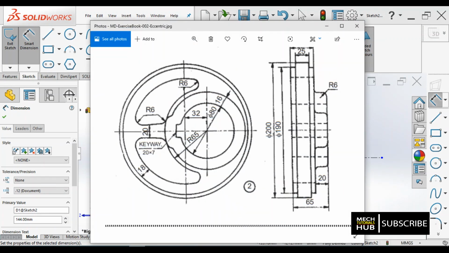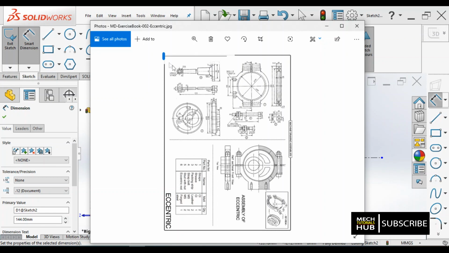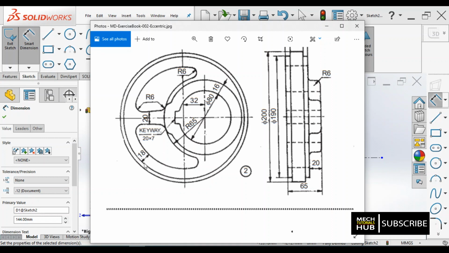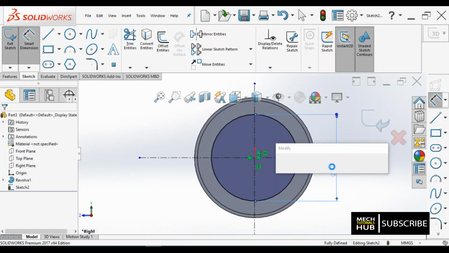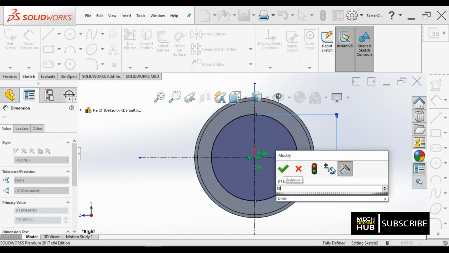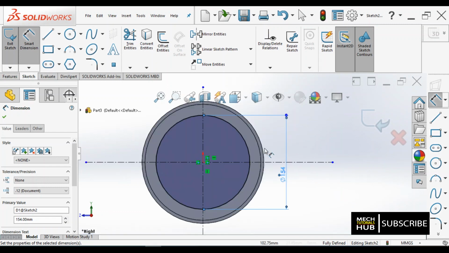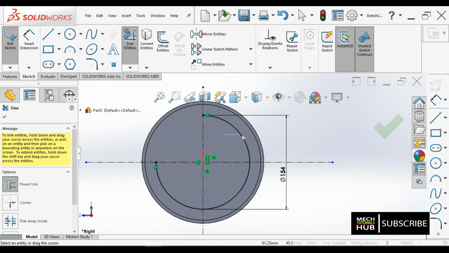Okay. So because if you look at the sketch, only to one side 18 is given with respect to 190 circle. Overall it is going to be 18 plus 18. Okay. So that is what we are trying to do. It should be 190 minus 36. Yeah, now it is fine. Okay. Let me remove unwanted curves. This is not at all required.